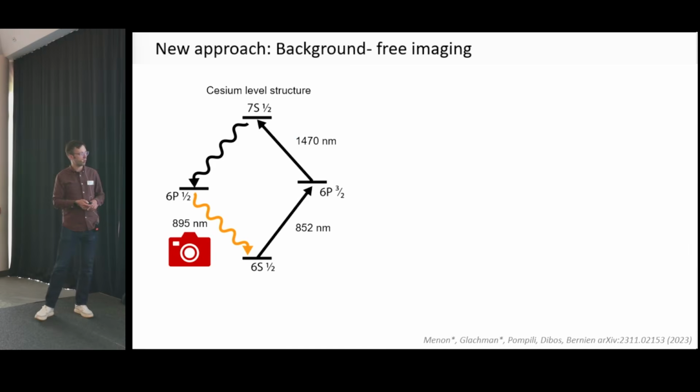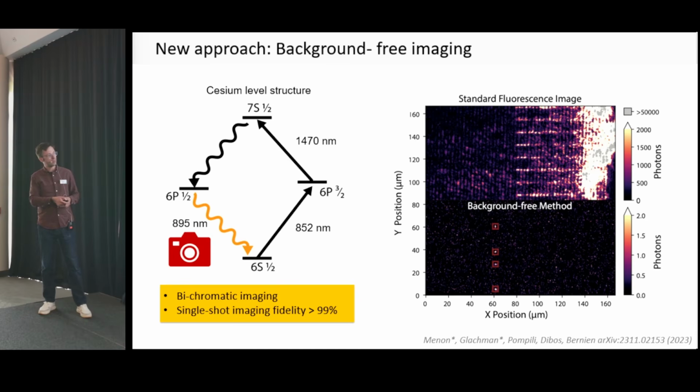So we had to solve this problem, and the way we solved it is by using the excitation scheme that we will later use for entanglement. What we do here is we excite to these higher states from where we get telecom emission, but we also get infrared emission that is at a different wavelength from where we excite. Then we can spectrally separate these two wavelengths, and we can see single atoms on top of all the scattered light. So this is all the scattered light at 850, and here's the single atom fluorescence at 895. So a very clear single shot, single atom image in very similar times to what you would do in an atom array. So this is a very nice method.